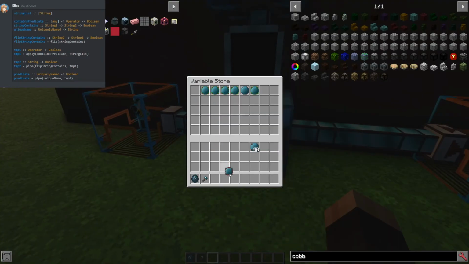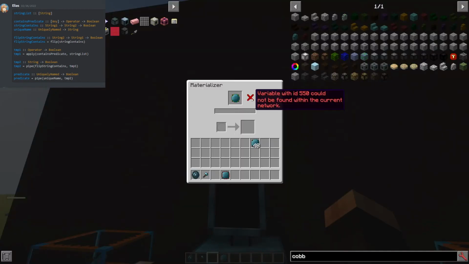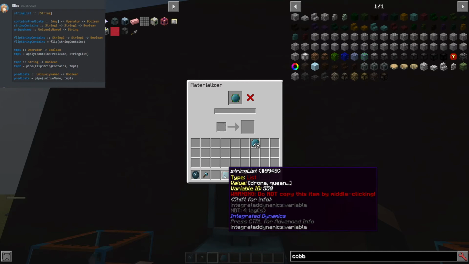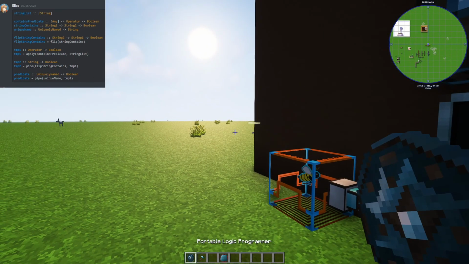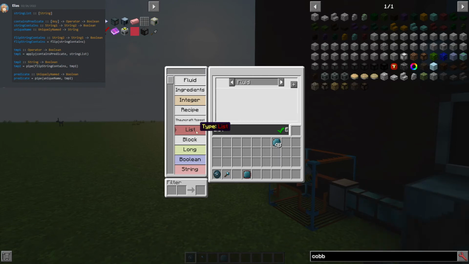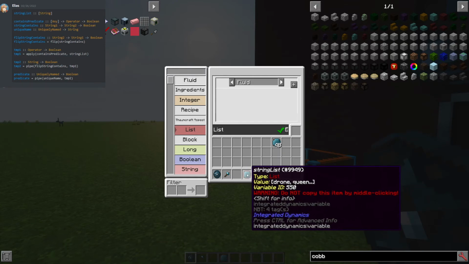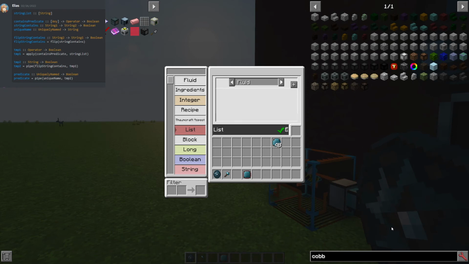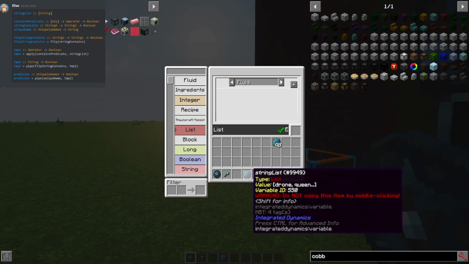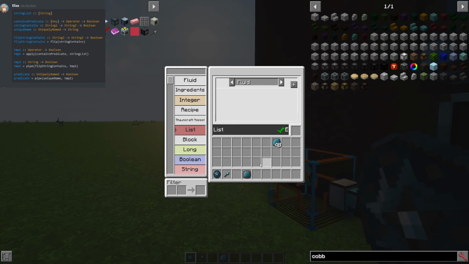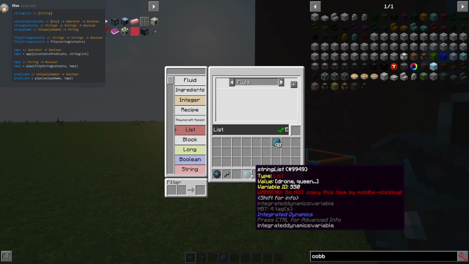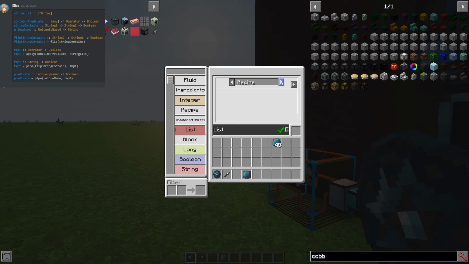And once you pull this out, I should stick that predicate. See, it has an error because ID 550 can't be found, which happens to be my string list. If we go back into the logic programmer and we go back to our list, as long as we don't erase this, the variable ID will stay as 550 and it doesn't break my entire function I built. But if I was to erase this and lose that ID and it was to change, then I got big problems. But we can reuse this and it keeps the same ID. So if we go back to string,